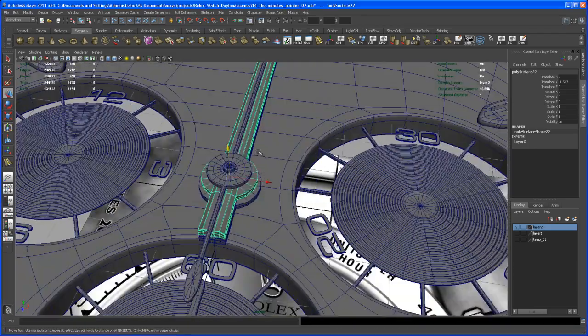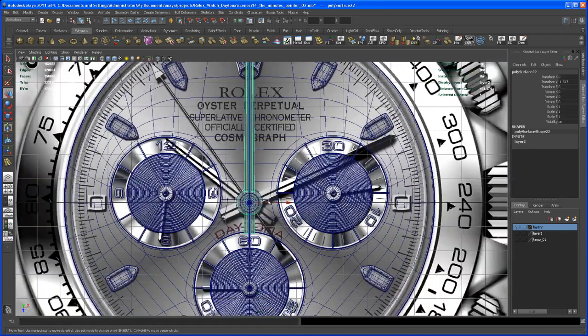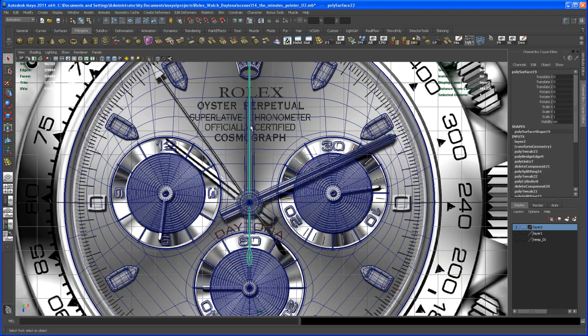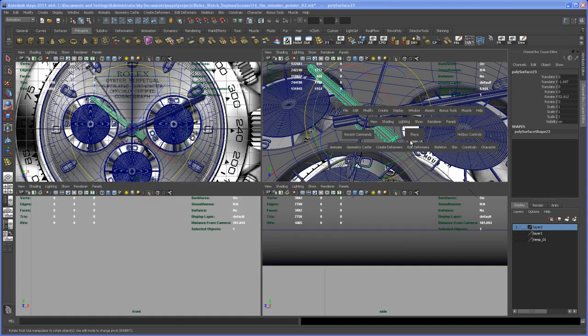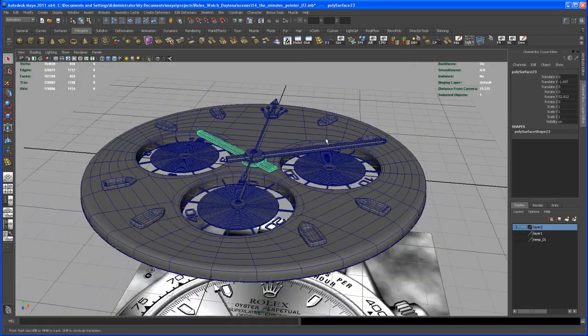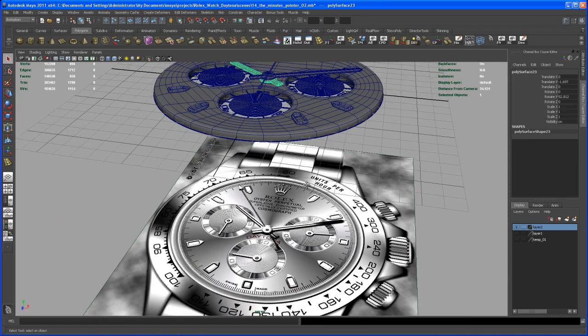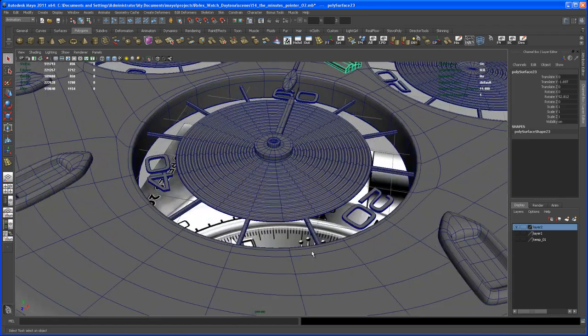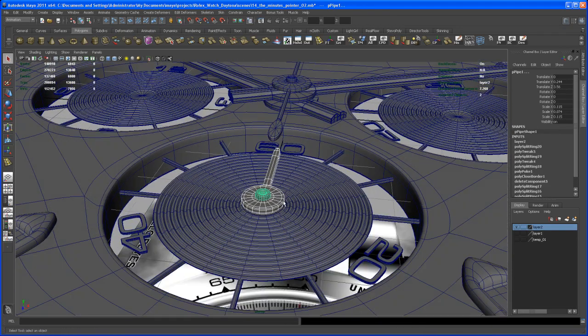Okay, so let's check out. So this is the original minutes pointer. So let's rotate that guy into position to see if everything is alright and everything is looking good. Let's select the hours pointer that we just made. It's looking good to me. So yeah, I think we are done with those pointers. And let me take a look at this. So what we now could do is copy that little pointer and that little rivet here over to the other two parts. And to do this,